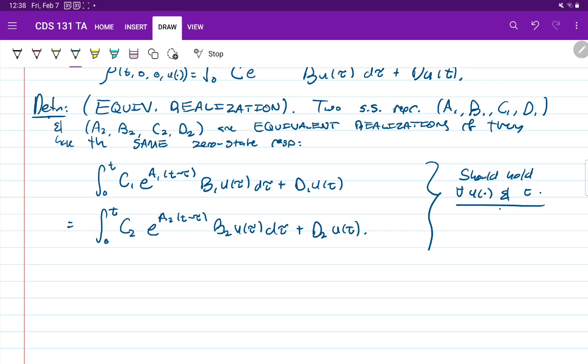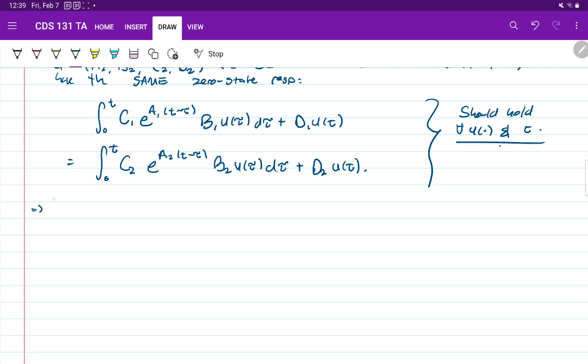All right, so this is what an equivalent realization is. If realizations of this abstract map rho naught are state space representations whose zero state response corresponds to that map, then two realizations are equivalent if they have the same zero state response. So how do we actually go ahead and characterize an equivalent realization? Well, let's think about this for a moment. What do we need for two realizations to be equivalent?